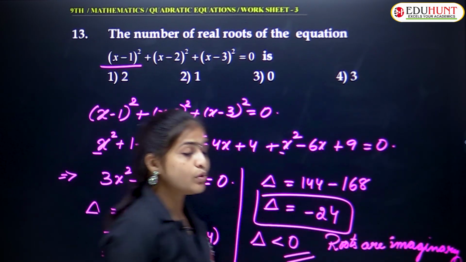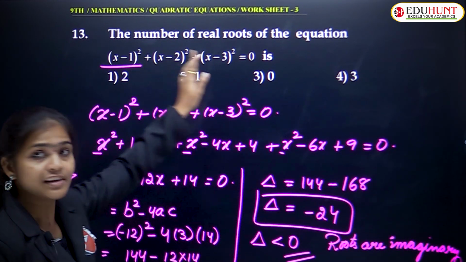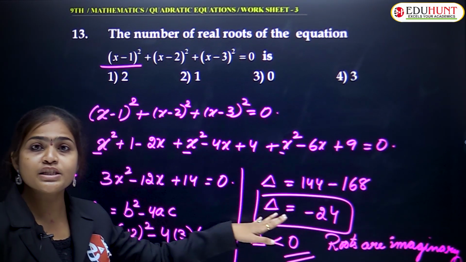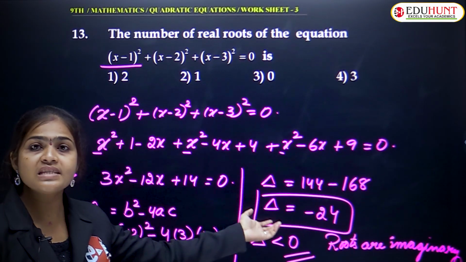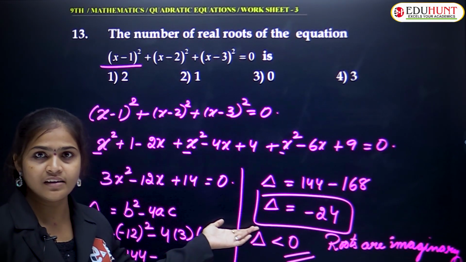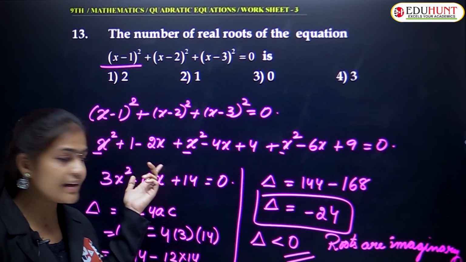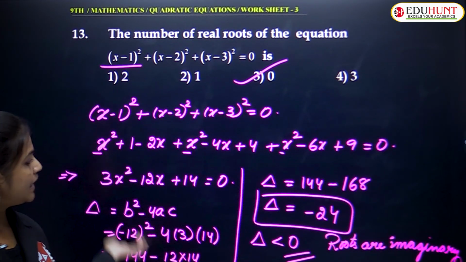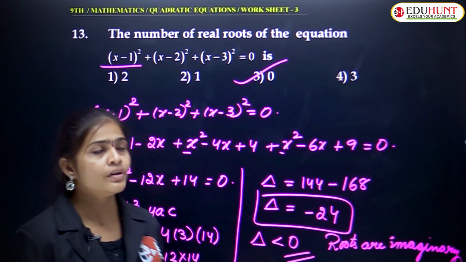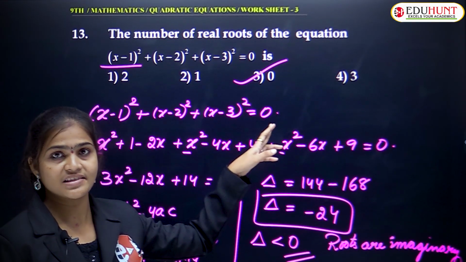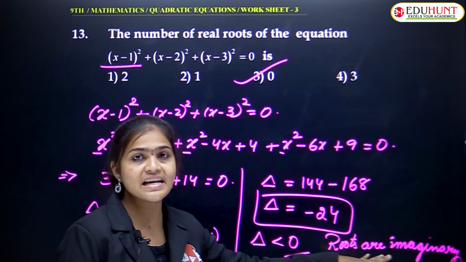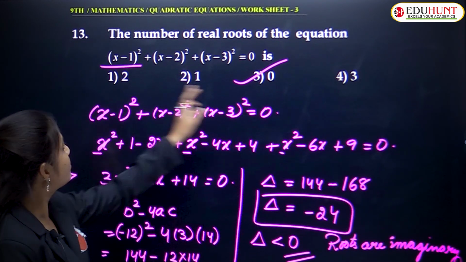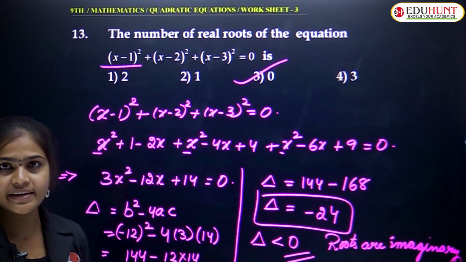Understand, ma? But here what they asked in that question, how many real roots are there? But here we are getting imaginary roots, which means not real. Okay. So how many real roots are there? Yes, 0 real roots are there. Understand? How many imaginary roots, we can say 2. But here how many real roots they asked? Here we got that roots are imaginary, which means no real roots are there. So that's why here the number of real roots is 0. Understand? So